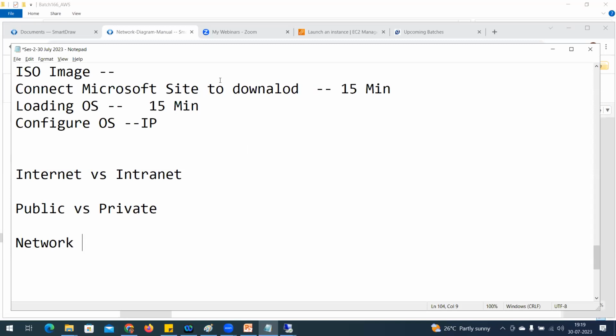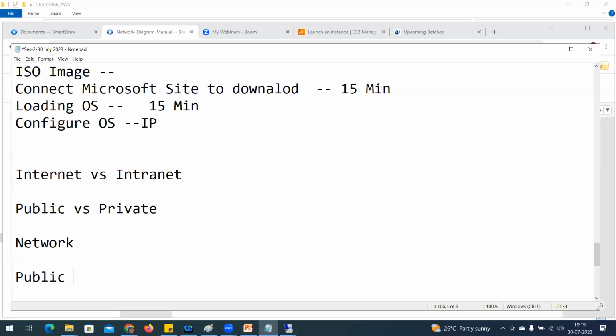Will you be able to access it without an internet connection? Okay, so what is this public versus private? Public is nothing but something accessible from anywhere, from any place. How is it possible? Whatever information or any application they develop, if the application is working from anywhere, from any place, it means that the application is accessible over a public network.